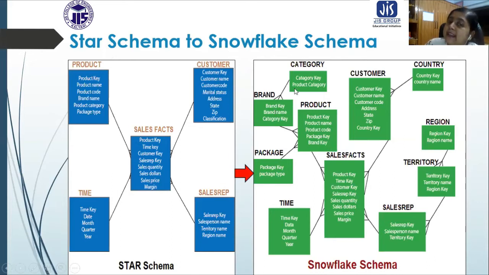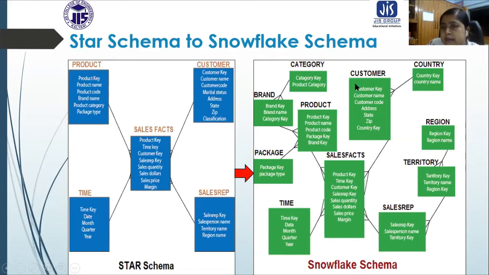Now, category is another dimension which is connected with the brand dimension. So you can see the chain. Category is connected with brand, brand is connected with product, and product is connected with sales. So that can be defined like the previous way we have defined. Okay, so this is like this.